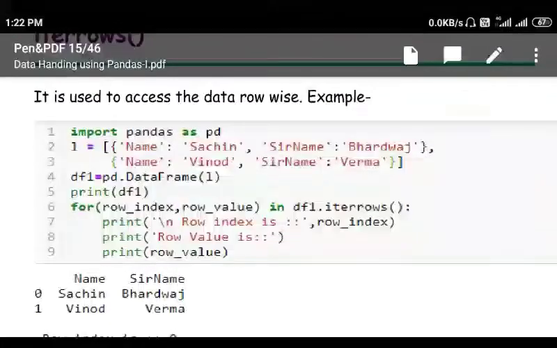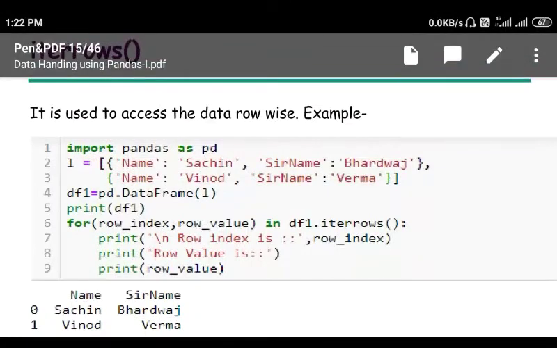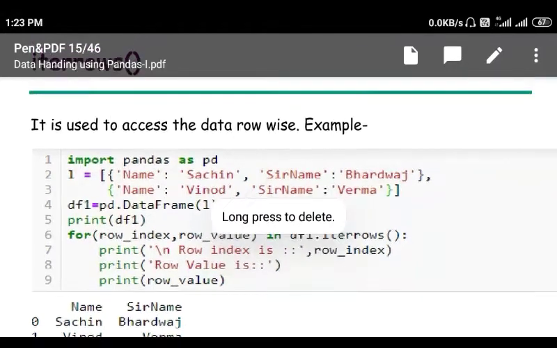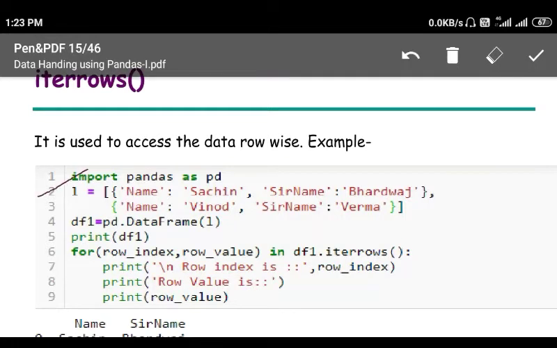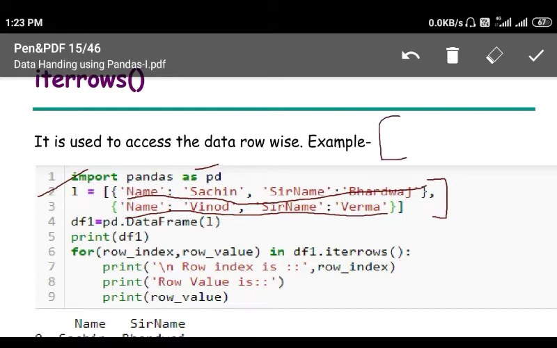So this is one example of the iterrows function. So see, this is our conventional import statement, first line. Next line is a dictionary. Inside this is one dictionary, this is another dictionary, and these dictionaries are part of a list.